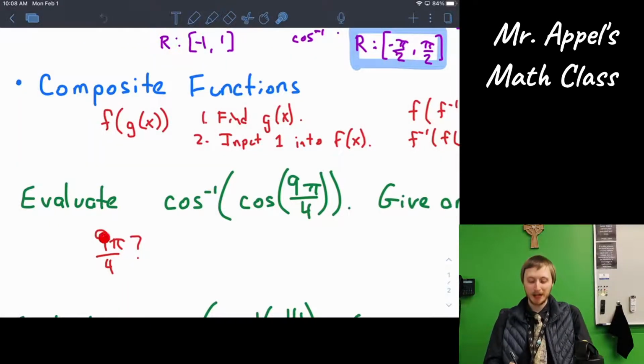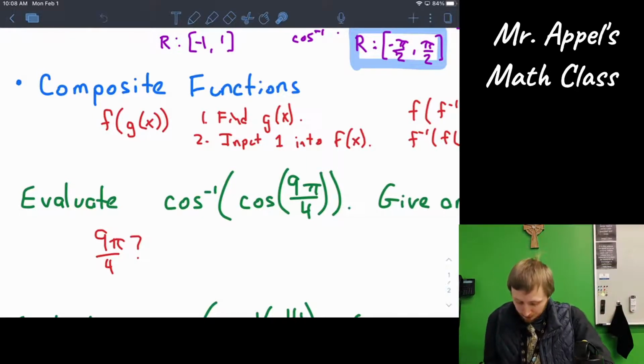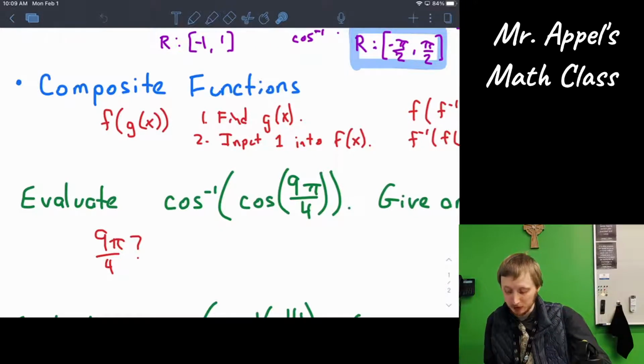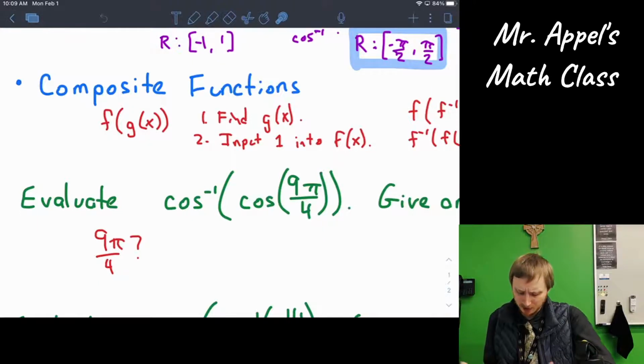9 pi over 4. 9 is more than 4, right? So this is more than 1 whole pi. Like, I don't even need to know any more than that. 9/4 is more than 1. It's more than a pi. Doesn't work. It doesn't automatically give us the right answer. So we got to go the long way. The long way is just do 2 trig operations, okay? Big deal. Find, first,